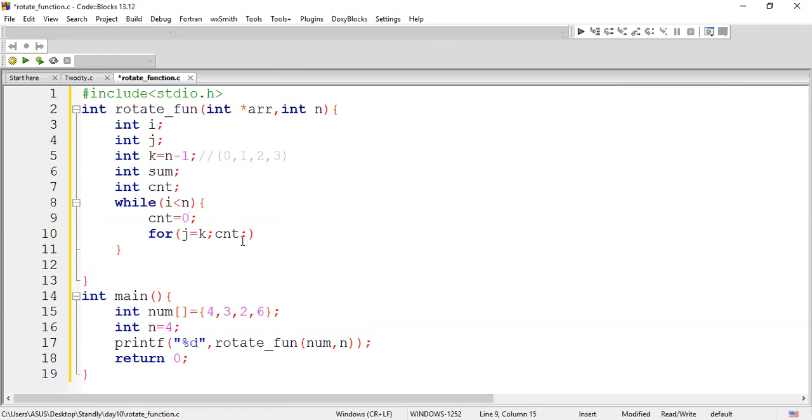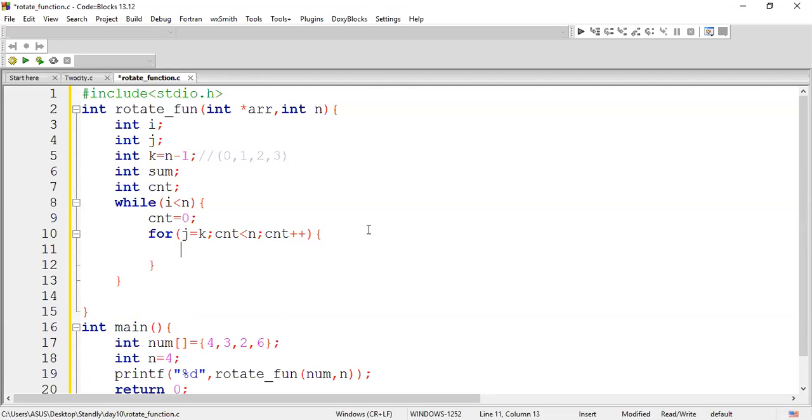Okay, so this loop is going to be executed until my count value is less than my n value. So why am I using this counter? Those many combinations I'm going to use. We are going to have 4 values, so for the 4 iterations, I'm going to use it. Count is going to be incremented for each and every iteration. This is done.